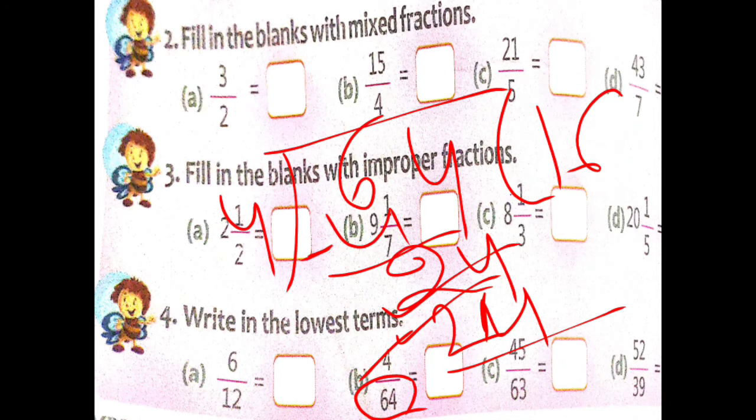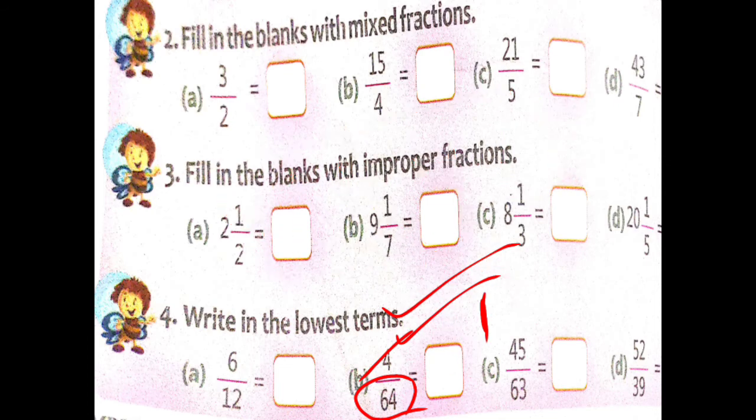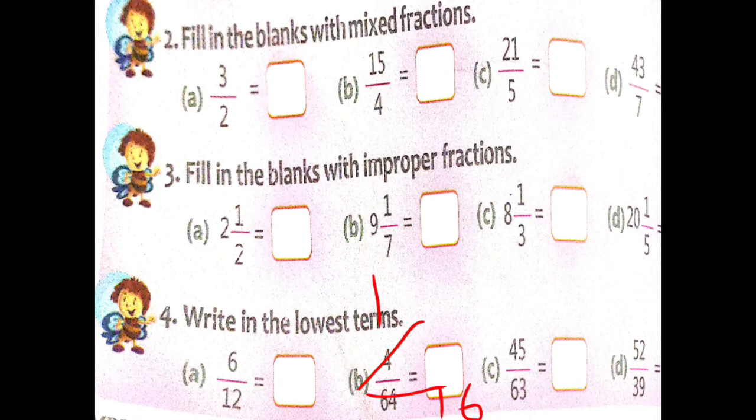So when you divide 64 by 4, what did you get? You got 16. So what are you able to write? 4 ones are 4 and 16 fours are 64. So what is the answer? 1 upon 16 will be the answer. Furthermore, you are not able to convert this 1 upon 16. Hope you understand. If you are not able to understand, then you can go back in the video. Okay, again you can watch.